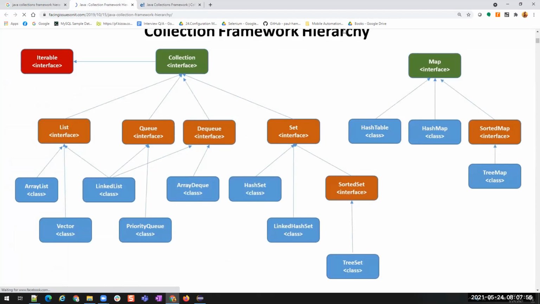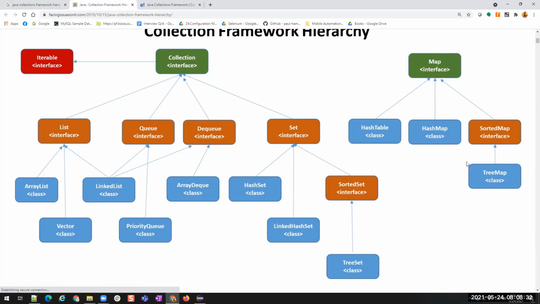Okay. Then separate from this collection, we have another thing called map. You see this? Map is also part of the collection framework, but it is a separate interface. So in this map, we are going to use hash map. We are going to create an object for this hash map and implement this hash map class. And there will be some small differences between hash table, sorted map, and tree map. So once we learn about hash map, you can explore what is hash table, sorted map, and tree map. You can find the differences between these.